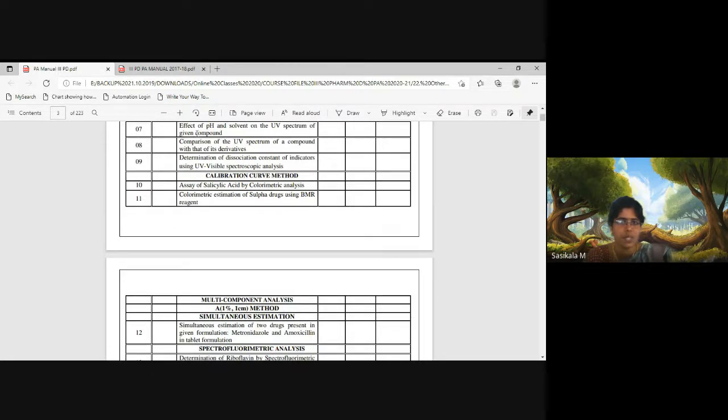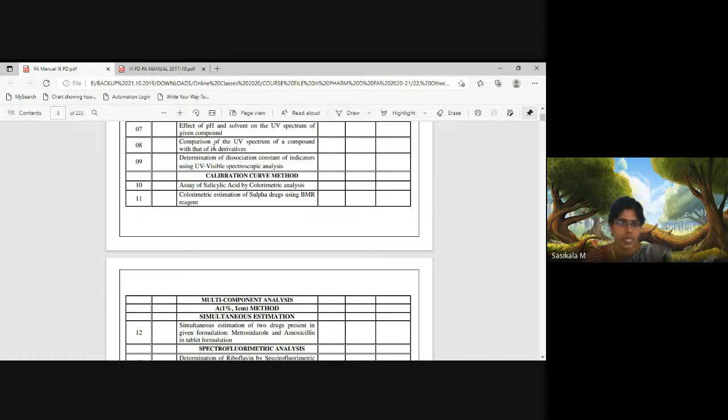With a different concentration of solution, different pH solutions like acidic, alkaline, and with different solvents, methanol, water, like that you have analyzed. So you should have observed different lambda max changes for each solution, with a difference in their absorbance also. From that you should have studied the shifts in lambda max and the stability of the compound in different pH and solvents. So we have to decide in which pH and which solvent the substance is stable, so that pH and solvent is to be chosen for its quantitative analysis.